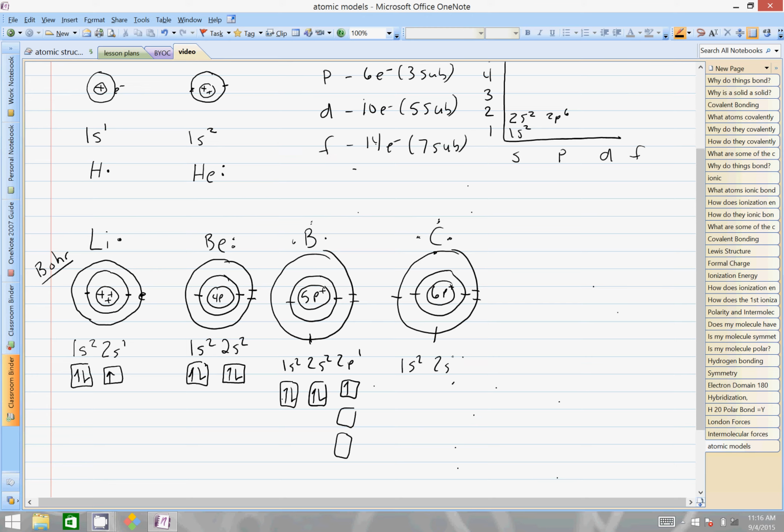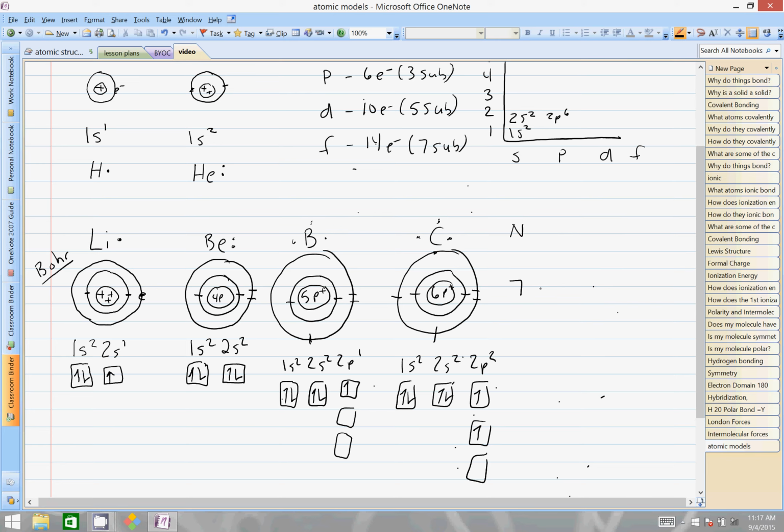1s2, 2s2, 2p2. And if I convert this to the orbital diagram, it would look like so. Arrow up, arrow down, arrow up, arrow down, and then 2 separate ones here. Keeping it simple. Then the next one is nitrogen, which is going to have 7 valence, 7, and then